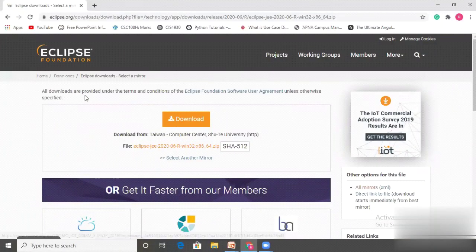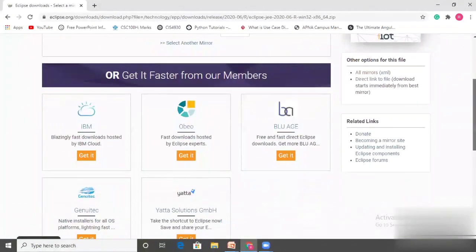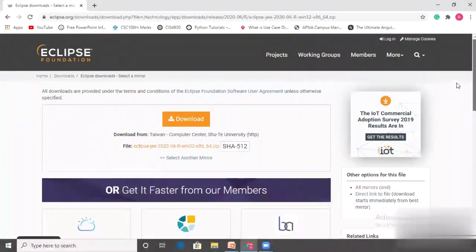All downloads are provided under the terms and conditions of the Eclipse Foundation Software User Agreement unless otherwise specified. Here you download from different mirrors, such as the Taiwan Computer Center, and other options are also there. But instead of this, click on download.